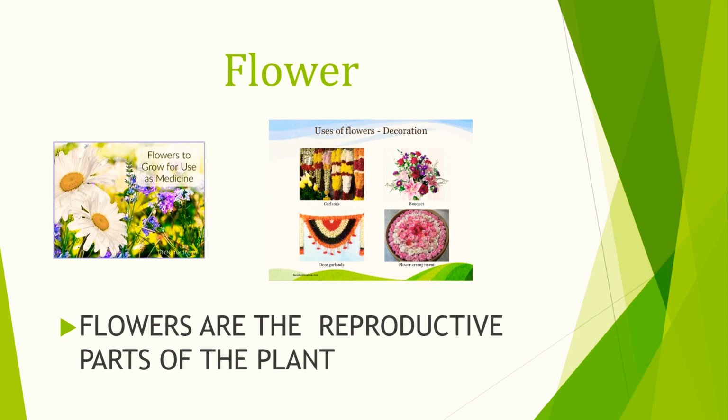As you know, most of the plants have flower and it is the most attractive and reproductive part of a plant. फूल जिसे पुष्प भी कहा जाता है, ये अधिकतर पौधों में पाए जाते हैं. फूलों को हम सजावट और दवाइयों के लिए उपयोग में लाते हैं. Now we can say that the flowers are the reproductive organs of the plants.